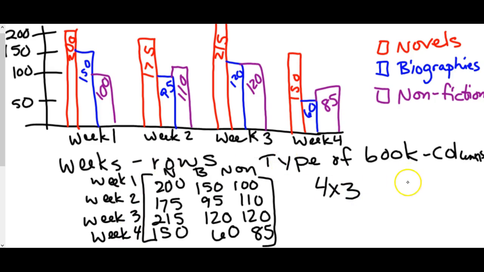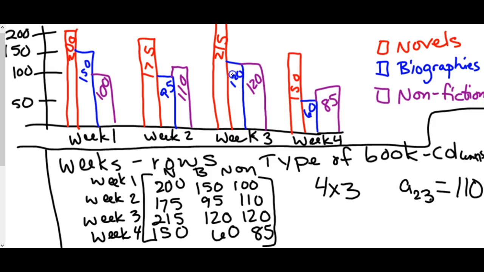I could ask you for a certain element. Let's say we want element A23. So that would be second row, third column, so second week. Third type of book, so 110. Or I could ask you these without even drawing the matrix. So if we took this graph itself up here, so just the graph,